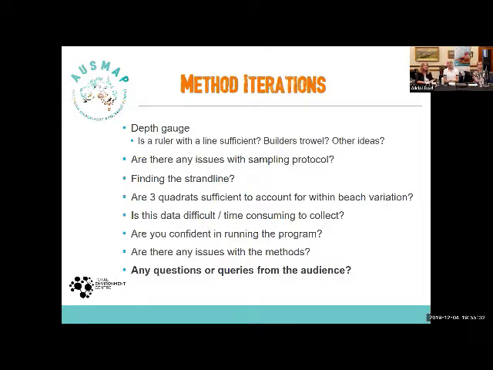Cool. Methods. There's a short question there. For subsequent surveys at Sand Beach, should we try to survey the exact GPS location of the previous survey?